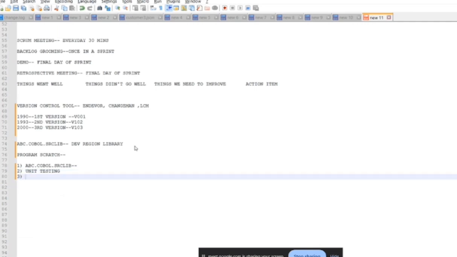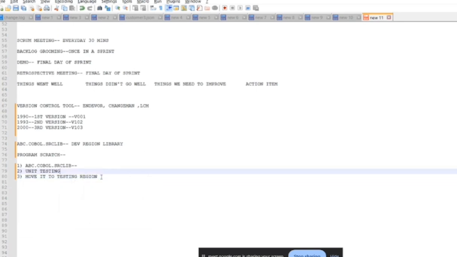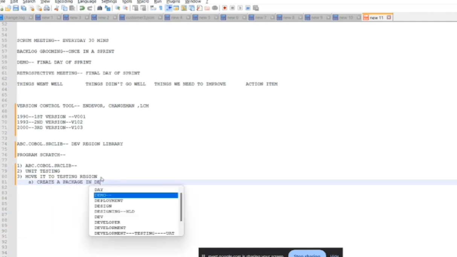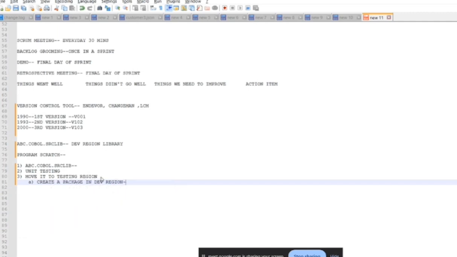Now you have to move it to the testing region, because someone else will also test. Now move it to the testing region. How will you move that? So in this region only this Endevor thing will come. First of all, you need to create a package in the dev region. Package means